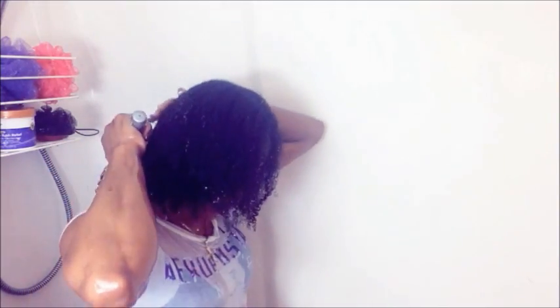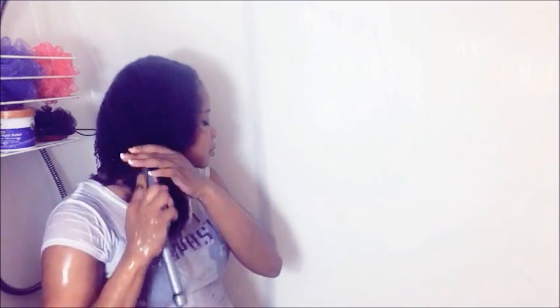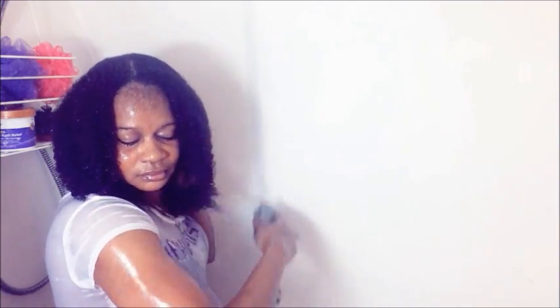And so I take the opportunity to really brush my hair when it is wet, when I can handle it. I find it easier to braid. So right after I get done brushing my hair, I will braid it, and I use Wen